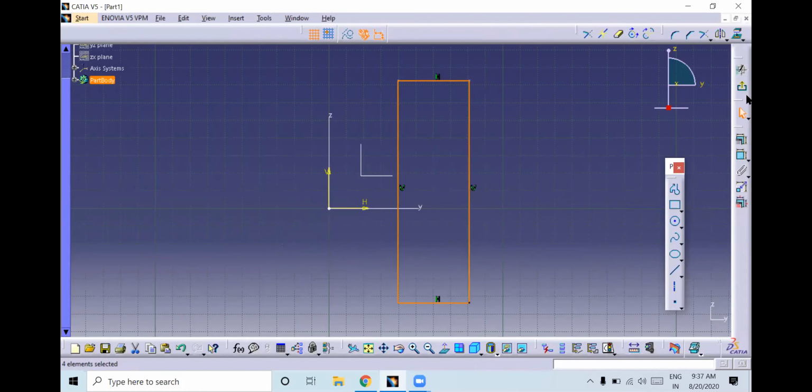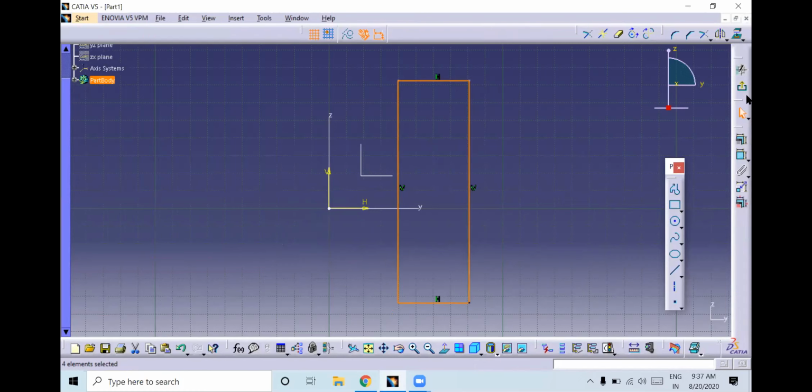If you check this thin profile and give neutral fiber 50, you are getting a hollow inside. This can be used to create circular models. Got it? If you want to make it reverse, you can check reverse here. So this is how you can create a shaft.